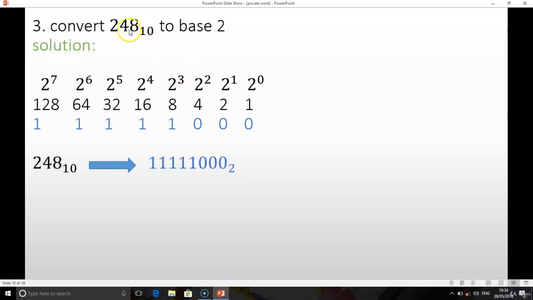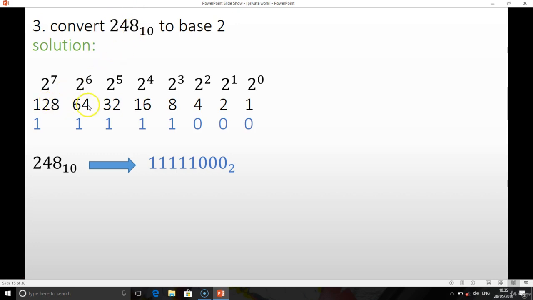So we could have 248. All these things we're converting now, if you add them together, give you a complete IP address. We could have 192 as we did earlier, .168.58.10. So we are going to convert them individually, each octet. So what we are converting now is the individual octet. 248 could be an individual octet.